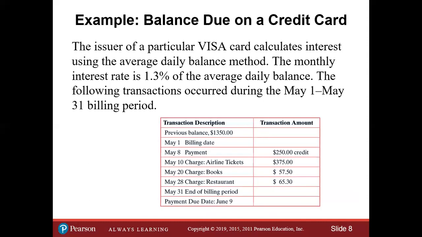So an example. The issuer of a particular Visa card calculates interest using the average daily balance method. The monthly interest rate is 1.3% of the average daily balance. The following transactions occur during the May 1st to May 31st billing period. So they give us here the itemized billing statement, and